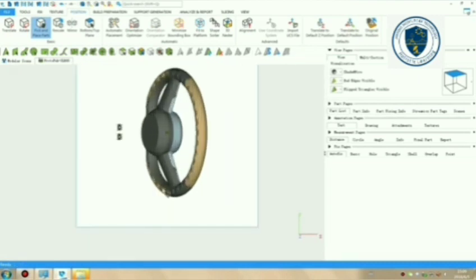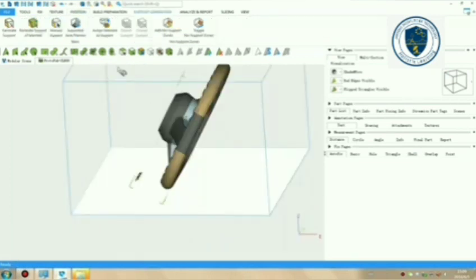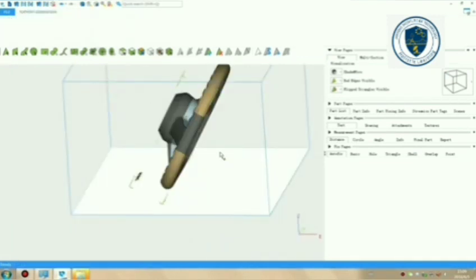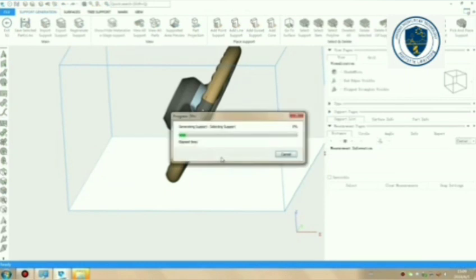We need to provide those holes. They are done very neatly. After that, part orientation is completed. Here you can see the part orientation is completed. The first task is completed. They have stored their part orientation process.